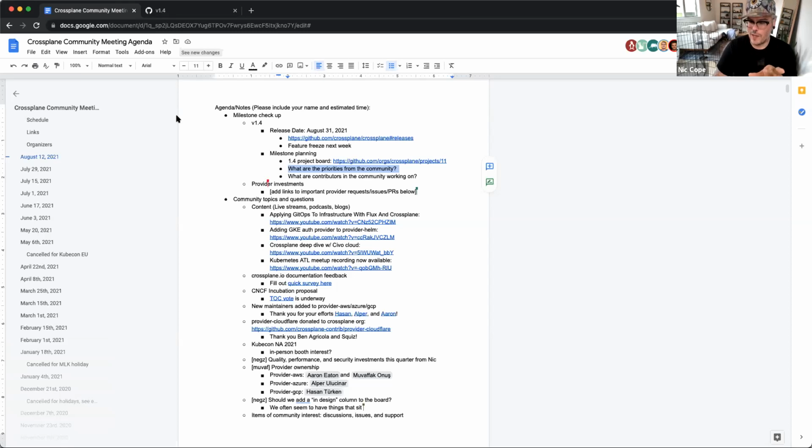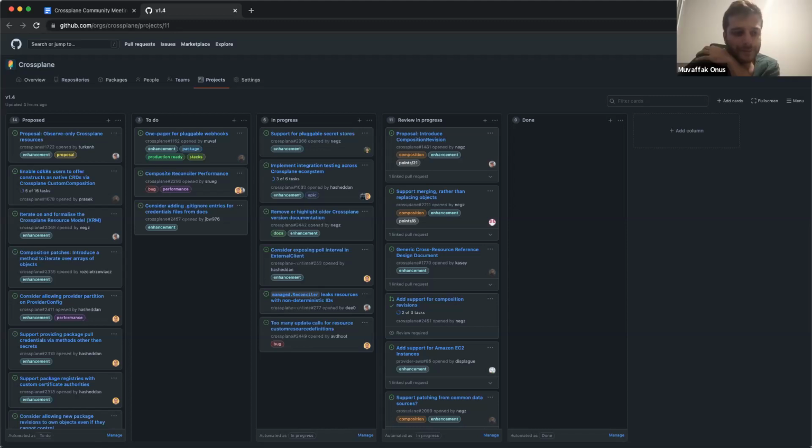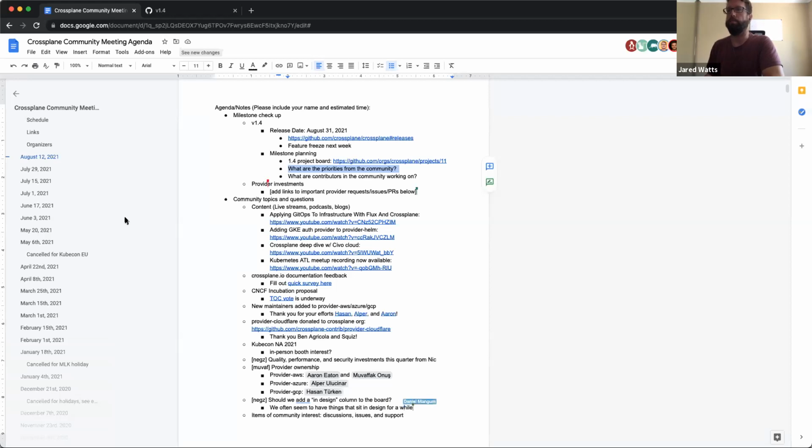So just to set context, a lot of that is because of the Terajet stuff that Mufas mentioned. We're actually doing a lot on the provider front at the moment rather than this release. So for context, it's mostly me working on Crossplane core at the moment this release, which is why you might not see too much having flowed all the way through that board. Yeah, I'm hoping to close out a fair amount of these over the next week, before feature freeze and code freeze as well. So it seems like there's a lot of progress, a lot of things that people have been focusing on as a whole. Okay, cool.